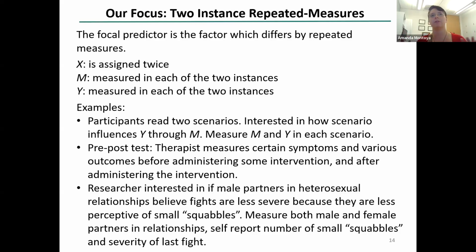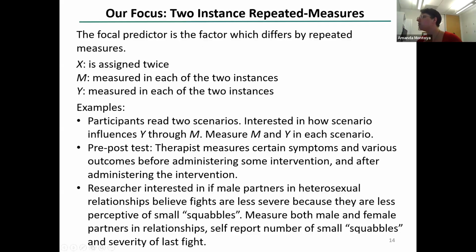And I think a lot of the time we're used to thinking of that random assignment as our X variable, but we can also think of it as a moderator of the mediation. So we can see, do the people who receive the treatment look similar in their processes to those who didn't receive the treatment? And that's something we'll talk about in this workshop as well. Very helpful, thank you. Absolutely.